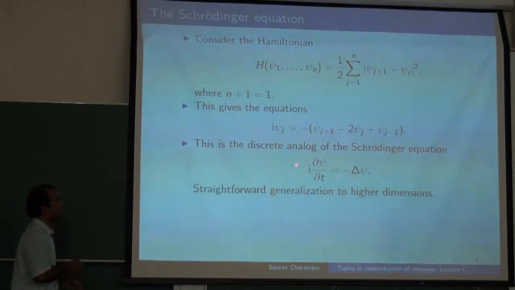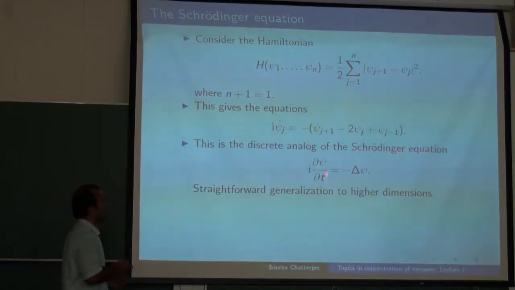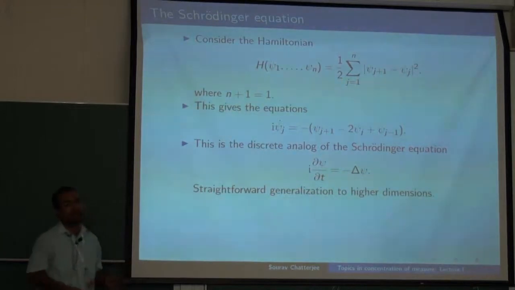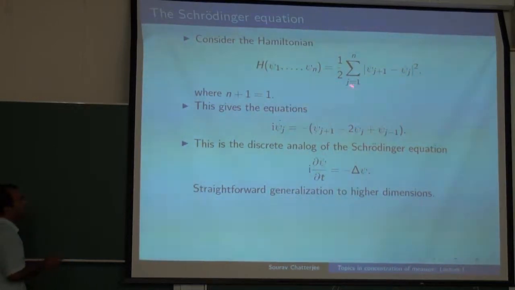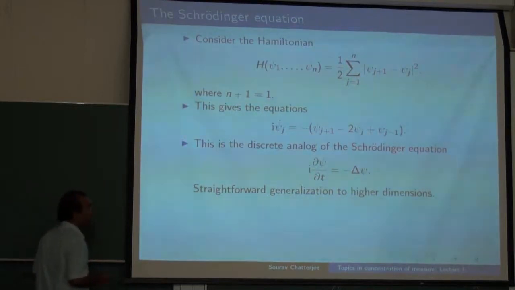This system goes to this limit. I times del psi del t is minus Laplacian of psi. So this becomes a Laplacian. And you can easily generalize to higher dimensions. So in one dimension, it's just a second derivative. Okay. So this Hamiltonian, in the sense that I described before, gives this